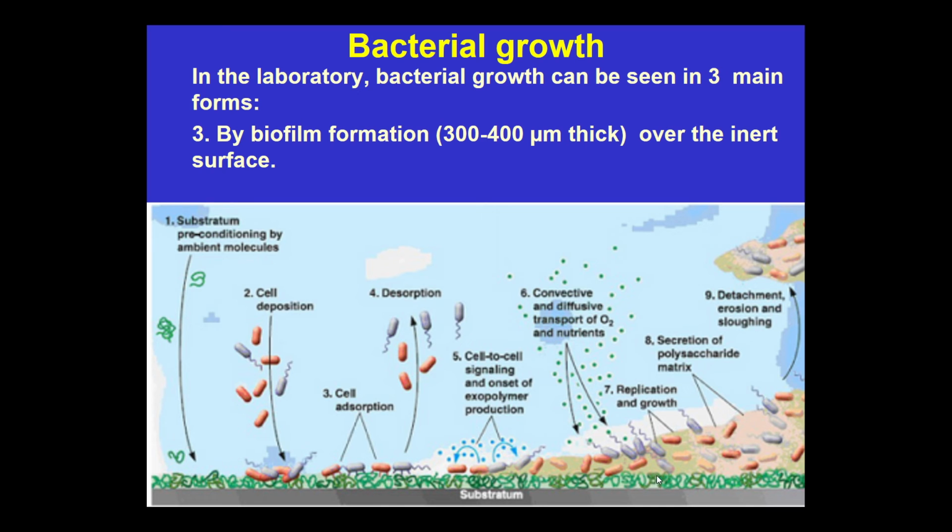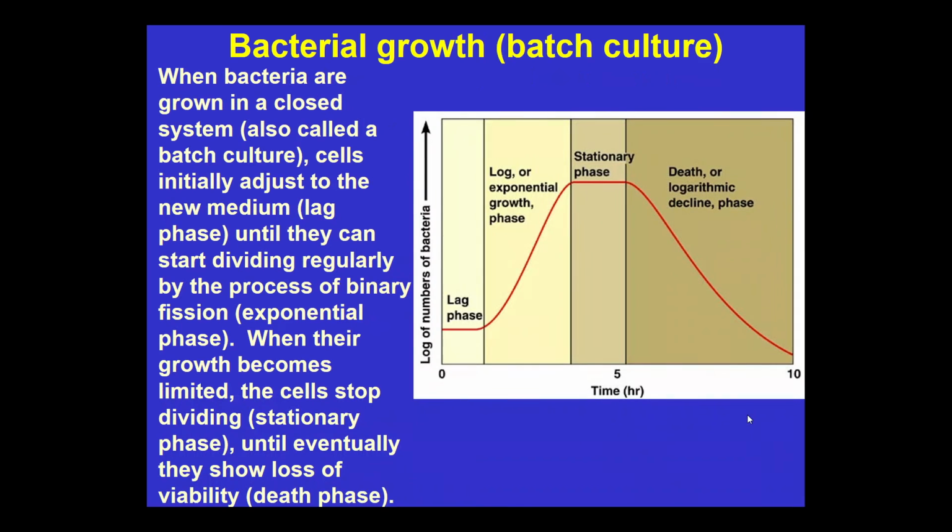And then they perform replication and growth, and secretion of the polysaccharide matrix again will thicken the layer and fill the gaps in between bacteria. And then how it exits. Some of them may detach from this biofilm, and this will allow these bacteria to be transported in the body and then to cause biofilm formation in distant areas. That's how it grows.